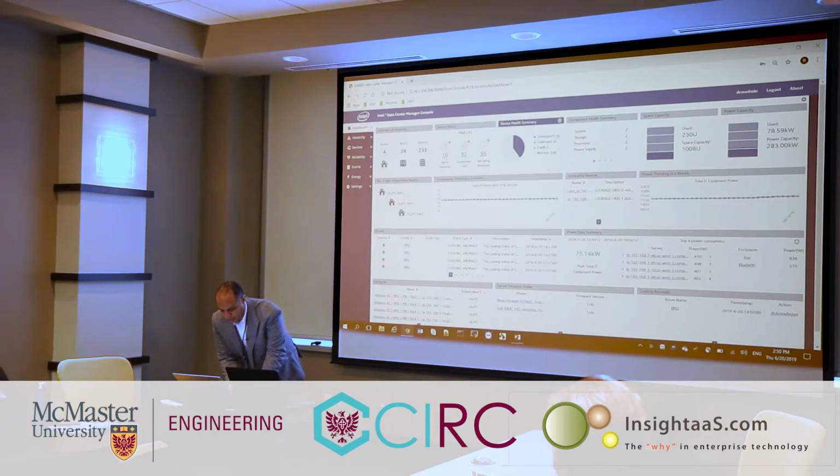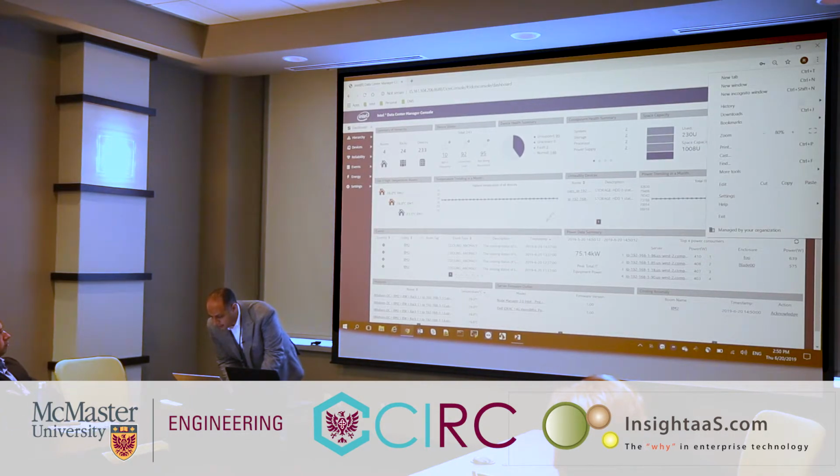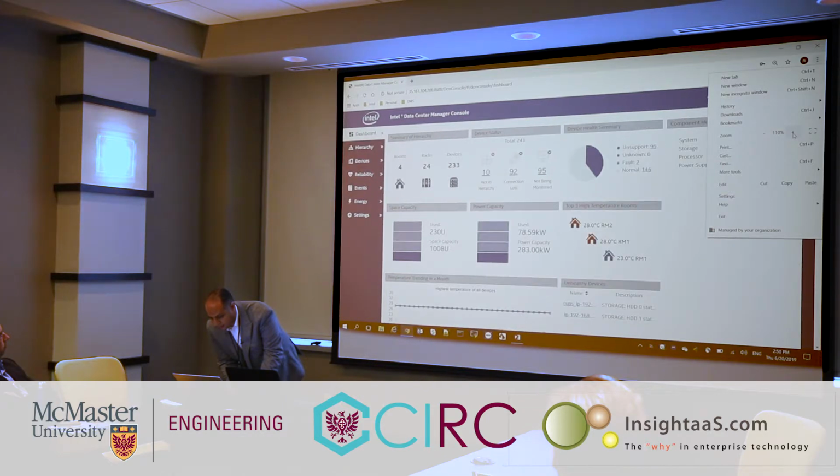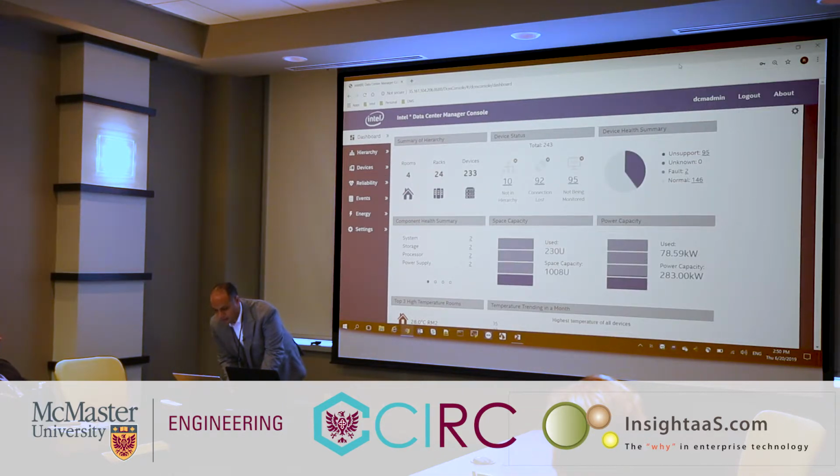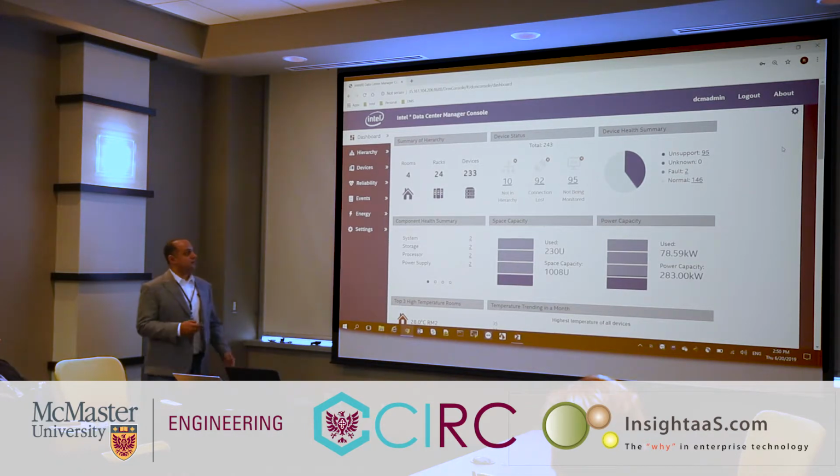Okay, and I'm going to zoom in a little bit, hoping that it helps. So this is a live DCM instance that we have. I know this is a little bit too big, but just for people at the back. Right, so this is the live DCM instance that we have,